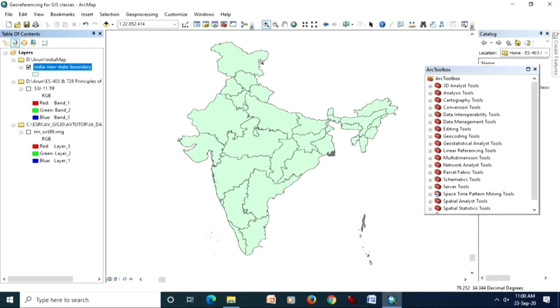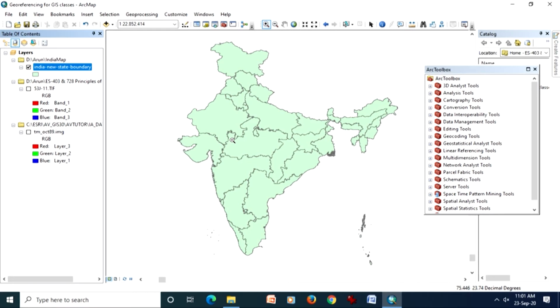This map is a little older because it does not have the new divisions of J&K, nonetheless these state boundaries, or even the boundary of India, are already georeferenced, and as you can see these values are displayed in geographic coordinates in DD, that is, decimal degrees. So if you can have that one, this will help.